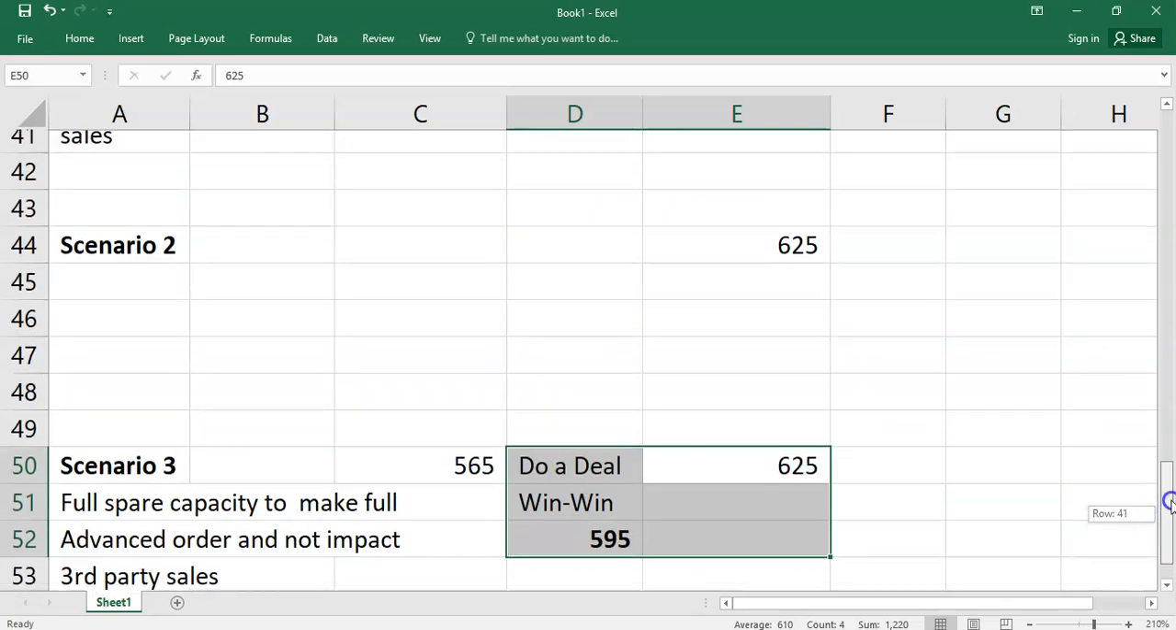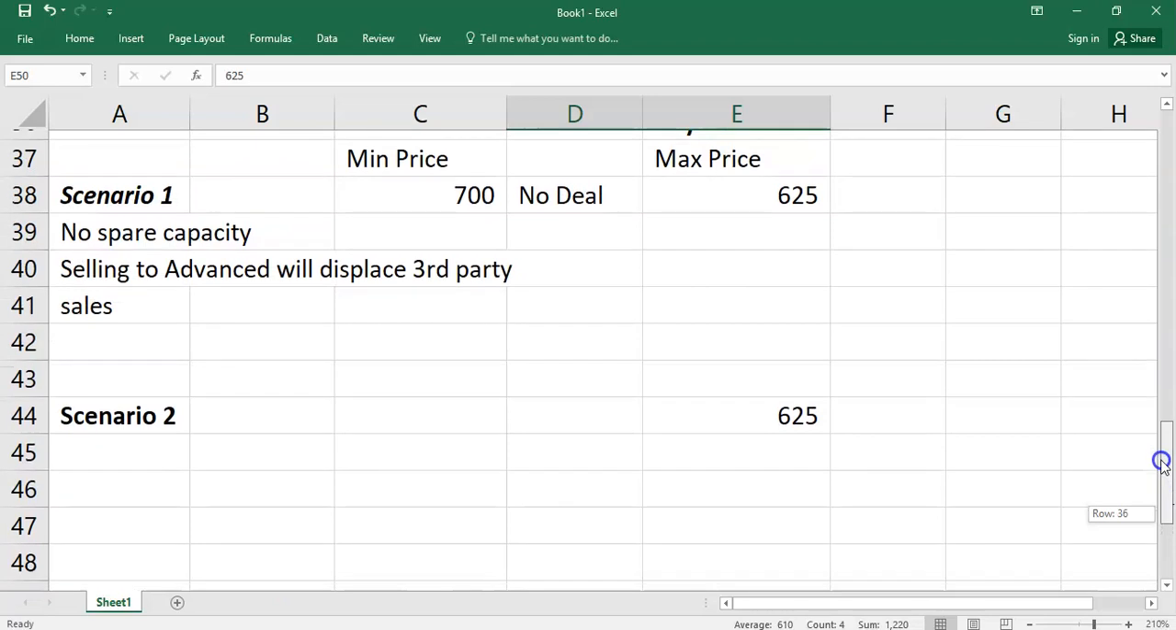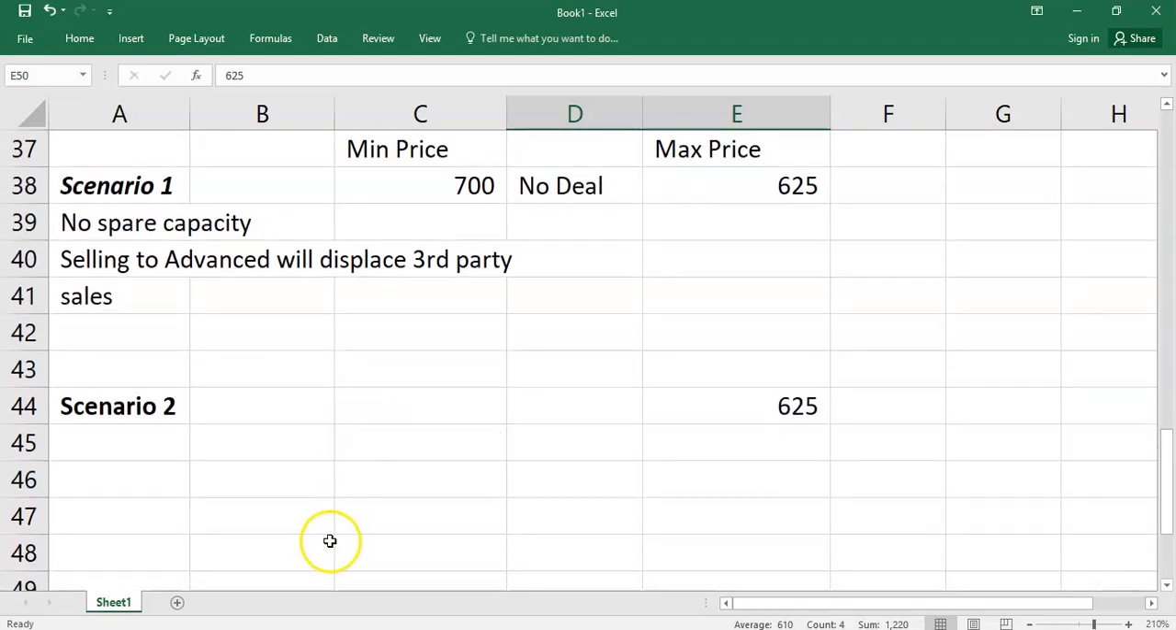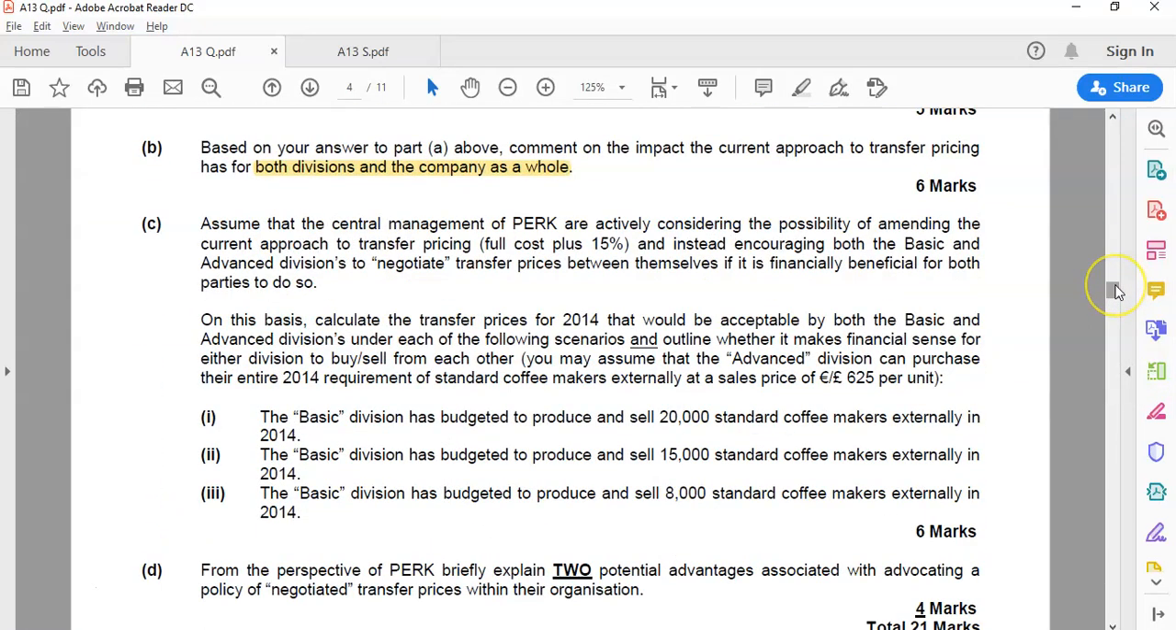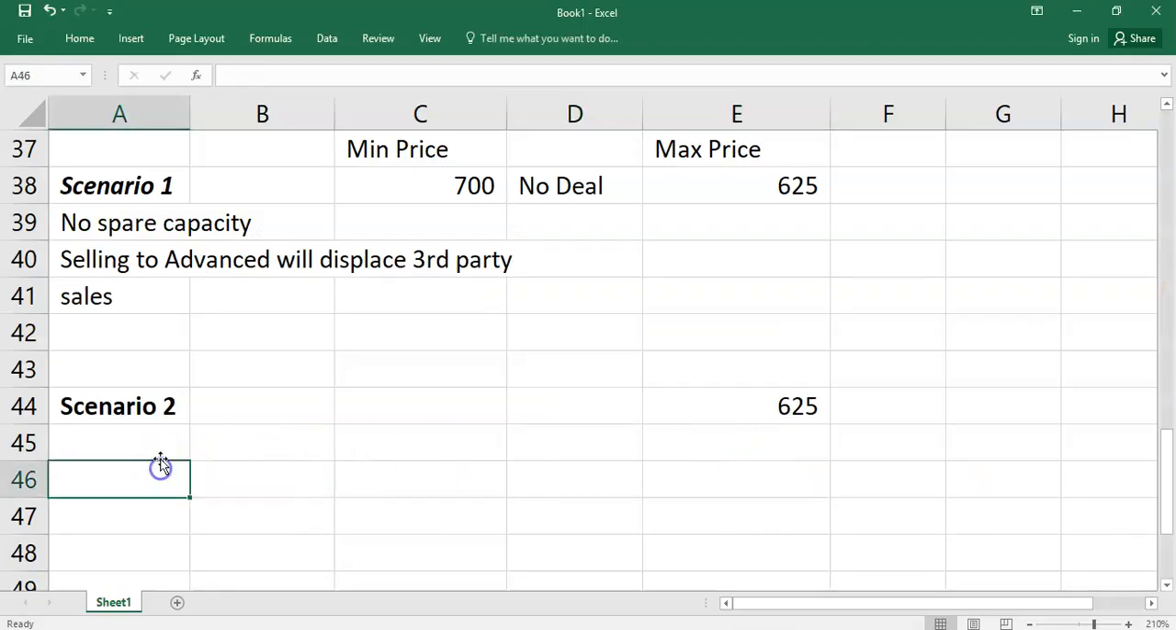The last one then, and it's a bit tricky by the examiner, scenario 2, it's actually a mix of scenario 1 and scenario 3. So if you go back and look at it, in this case, Basic has some spare capacity, but not enough for the full order. And you have to assume here, as the examiner was a bit more explicit when you look at the Summer 17 question, which is very similar to this in question 1, you have to do the full order. So here they've budgeted to sell 15,000 externally. So there's 5,000 spare capacity, which is like scenario 3, but you need another 7,000